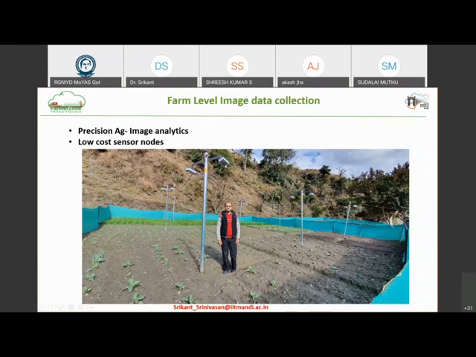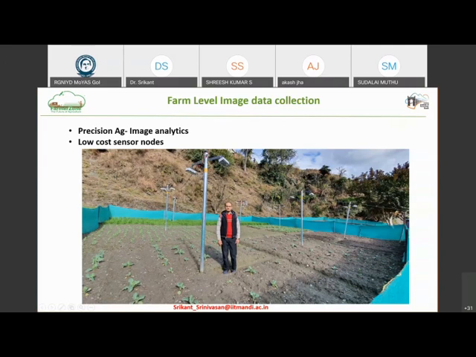So I have a Raspberry Pi which is connected to a camera. The camera is imaging the field. I have a variety of crops grown here. The experiment we are conducting here is that, for the benefit of local farmers, can we find out what varieties of crops can be grown that are commercially viable, that is, good cash crops, but are not known to the people indigenously. Normally people are historically growing some set of crops which is not fetching them good value, and therefore they are not getting good market value out of it. So our interest is to see, can we introduce different varieties that can respond well to the local environment and fetch good market prices for the farmers.